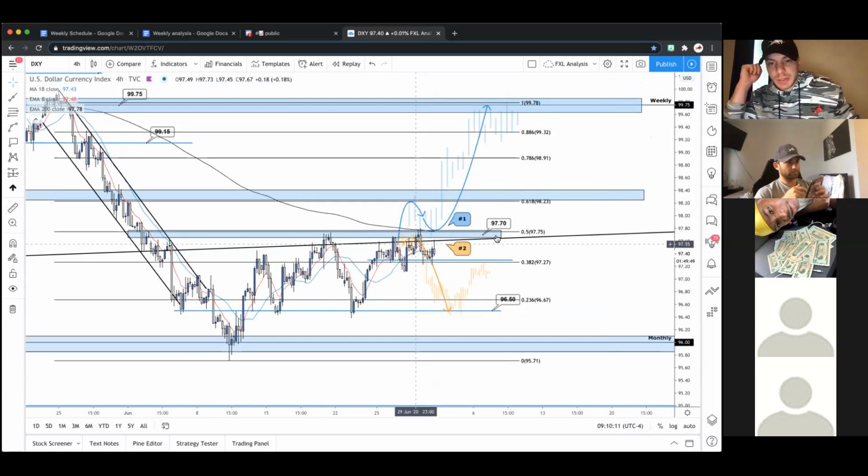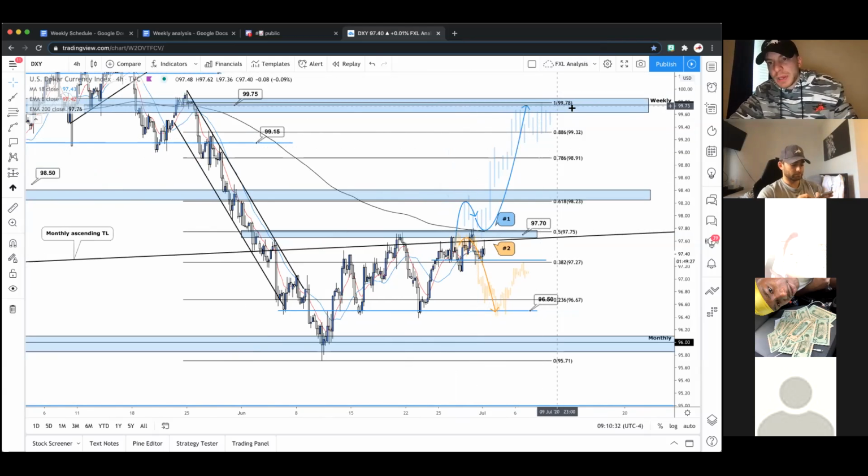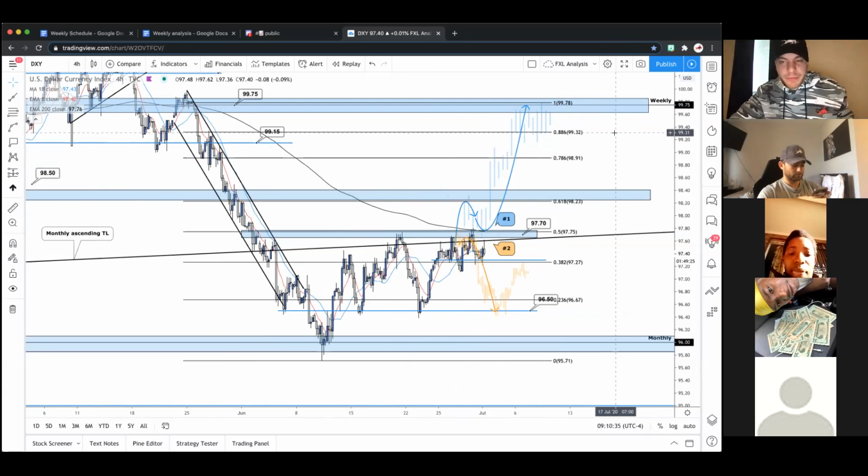But the flip side is we could see the overall bullish sentiment step in. We could see some bullish momentum start to pick up in this area, pushing price action through 97.7 back into this ascending channel. Then we'll look for higher lows, look for good structure formation, and see how much conviction this move would have. Potentially we get to play all the way up to the weekly around 99.75.